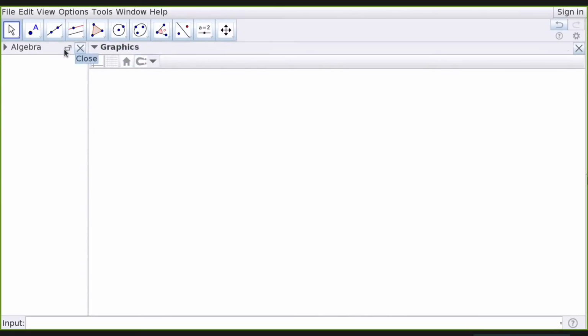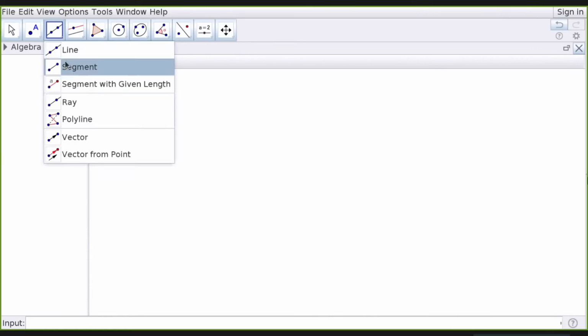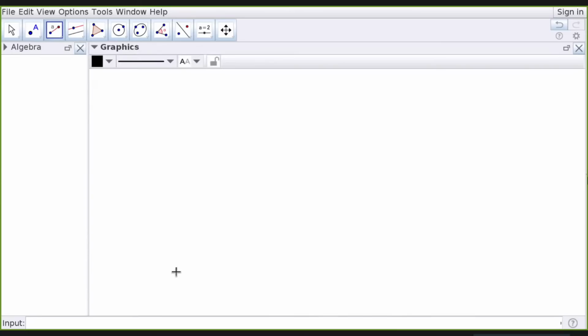So I want to draw a line segment of length AB, then another line segment BC of length 3, then I have to complete the rectangle. So I want to draw a rectangle with sides 4 and 3. Let us see how to do that. For that, we have a tool called segment with given length. It will help you draw a segment of my required length. When I click, it asks what length you want. I enter 4. So I got A, B, its name is F.